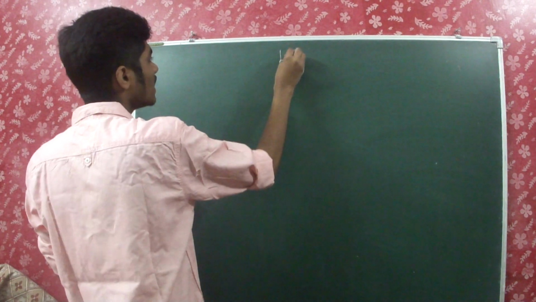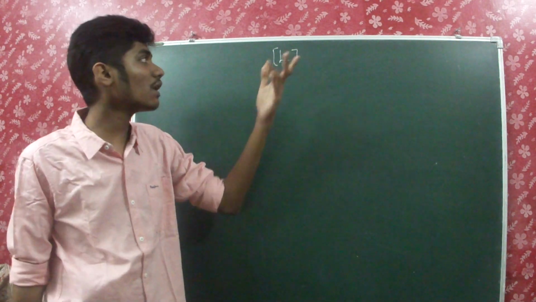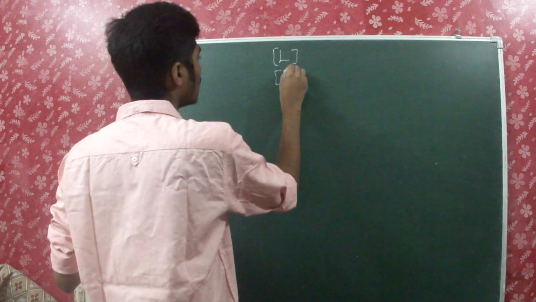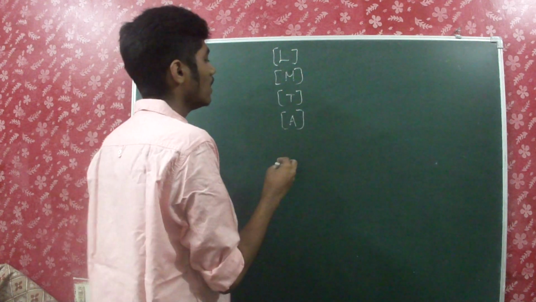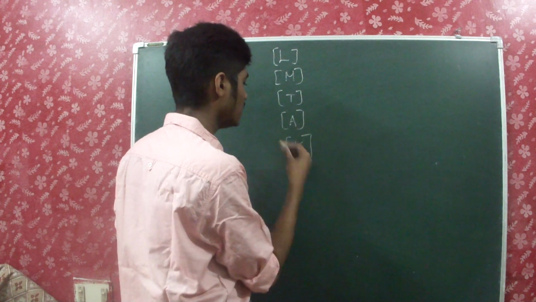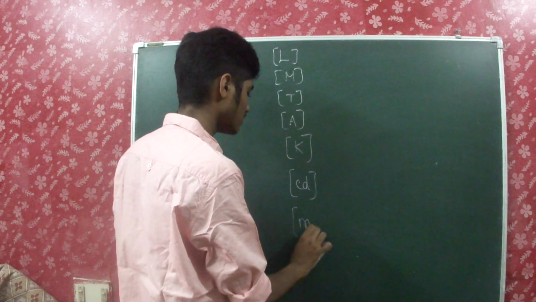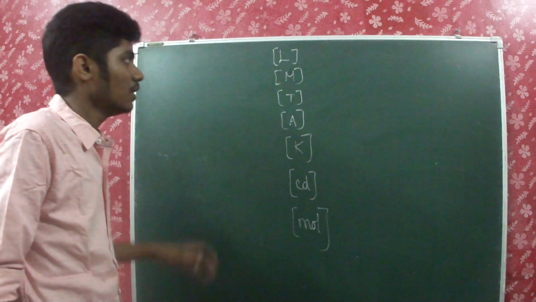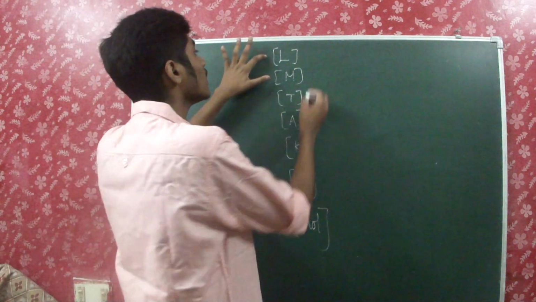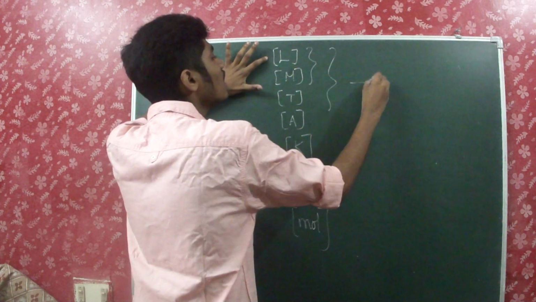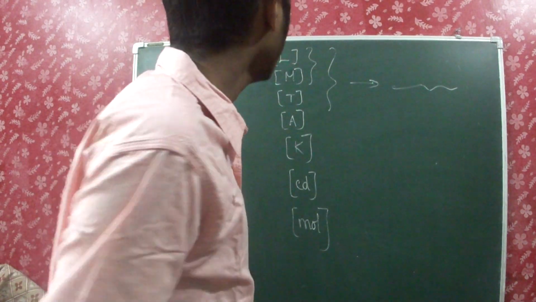For length we use L, and the square bracket represents that it's a dimension. For mass M, for time T, capital. Everything is capital. For ampere A, for temperature Kelvin K, for luminous intensity cd, candela, and for amount of substance mol. So these are the dimensions of all these fundamental quantities. You can put 2 or 3 of these together and get the dimensional formula for a derived unit or a derived physical quantity.